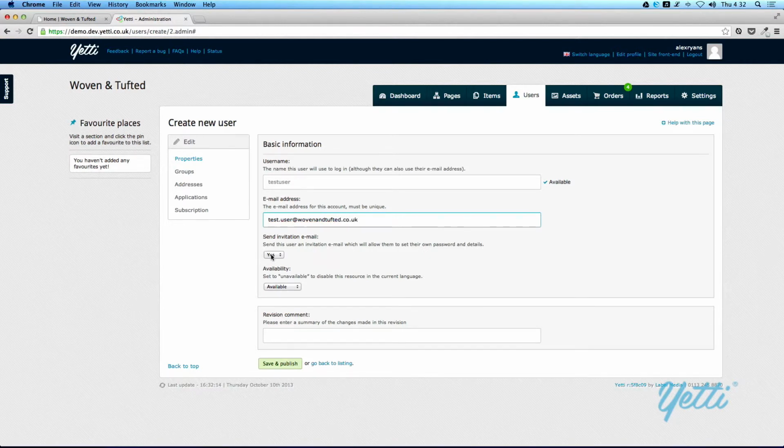Sending an invitation email is one way that you can allow someone to set their own username and password details. If you select this as yes, as soon as you save and publish this, the person who is being added to the website will get an email inviting them to the website. When they click on the email, they'll have access to set their own username, so they can change it from test user if they wish. They'll also be able to change their password. If you click no,